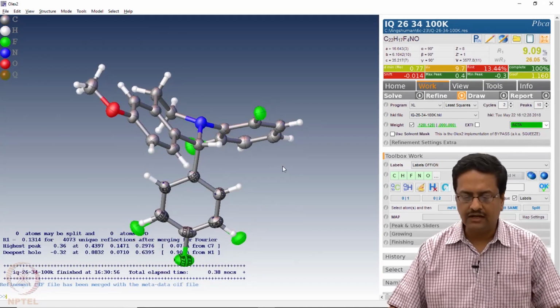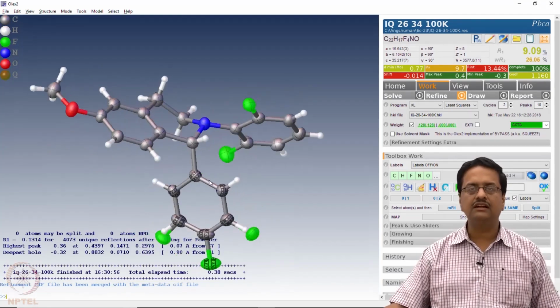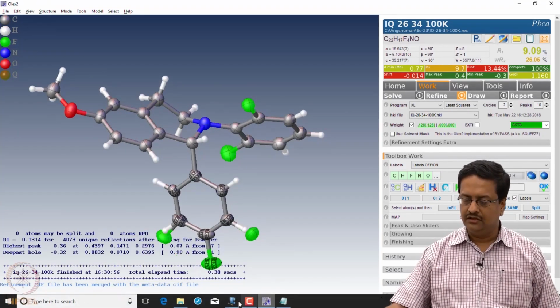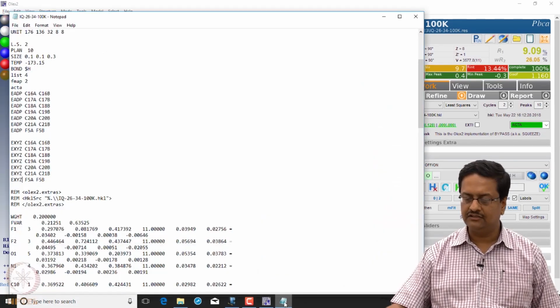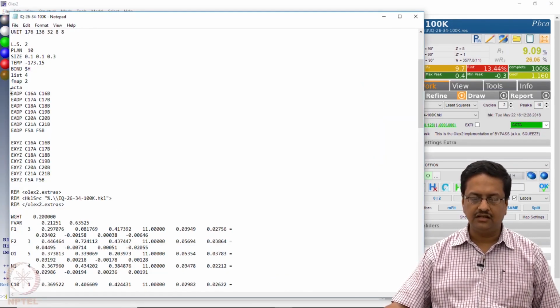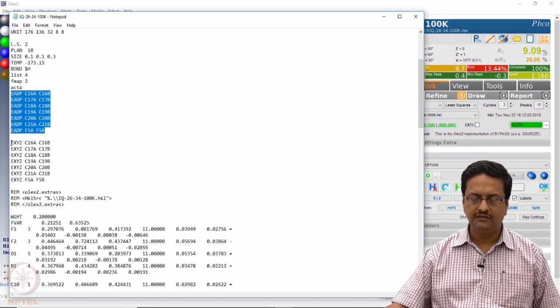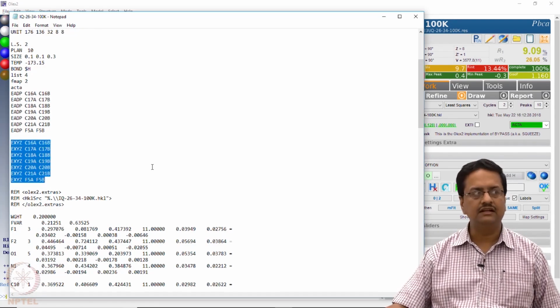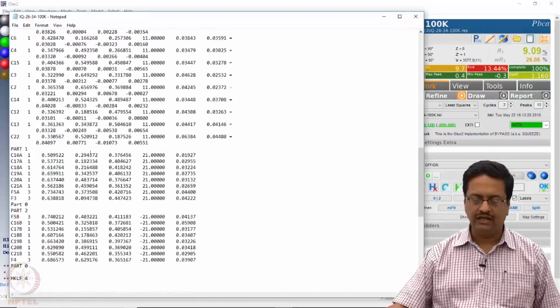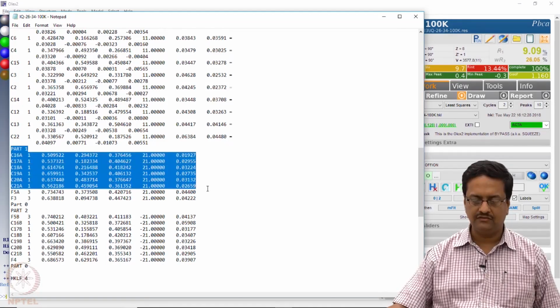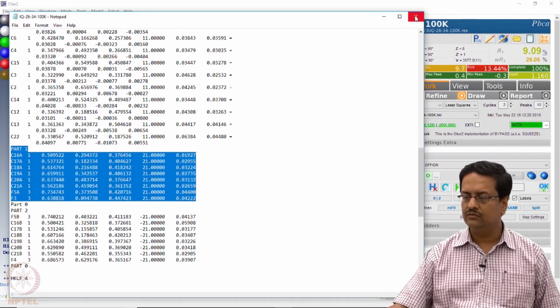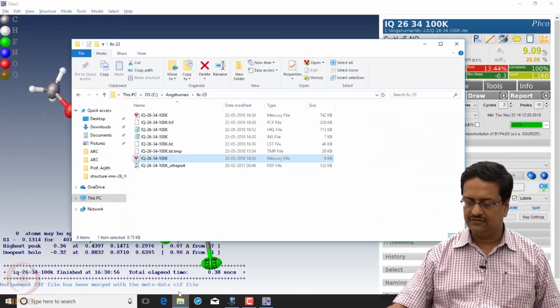So this is how one can do a disorder treatment using the EADP and EXYZ commands. See, this is how the EADPs are written, this is how the EXYZs are written, and then we have two parts which are disordered. So now if I try to open the RES file,